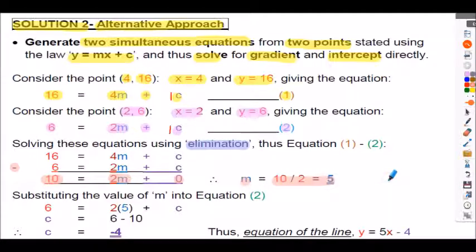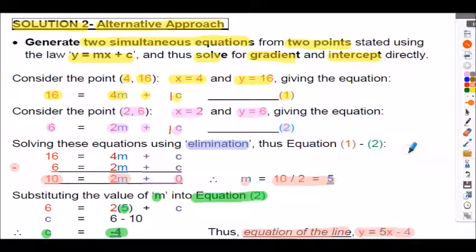Because we're using simultaneous equations here, we can simply back substitute the value of m into either equation 1 or 2. I've chosen to substitute the value of m into equation 2 here, so m is 5 into equation 2, and again we can solve that directly for the constant c, which is -4. Finally, we can write down the equation of the line, which again would be y is equal to 5x minus